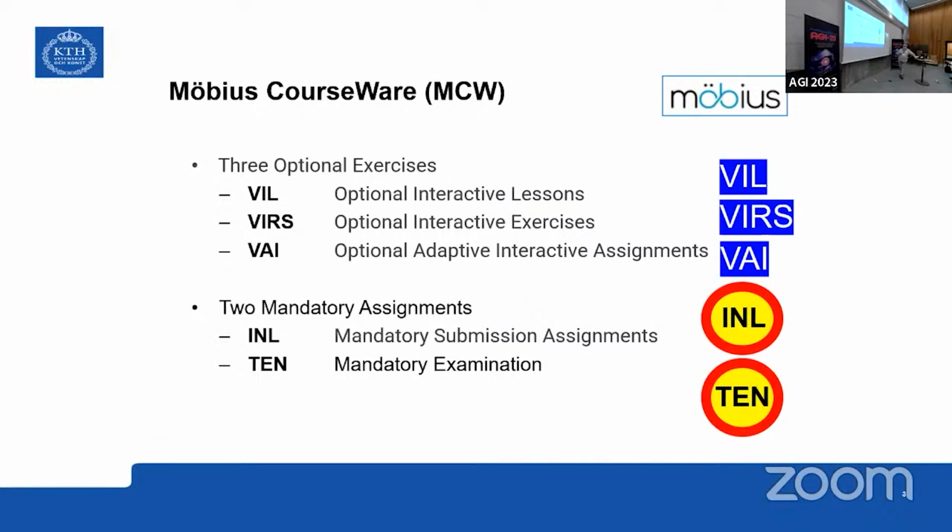And we have very detailed statistics from Möbius. Yes, there are some statistics from Canvas, but Möbius is really detailed, and based on this big data from Möbius, we could predict the results of students. And I discovered that when I compare the students who were active in Möbius with the results on the final examination, I realized we don't need the final examination actually. But on the other hand, there are many students who don't like such